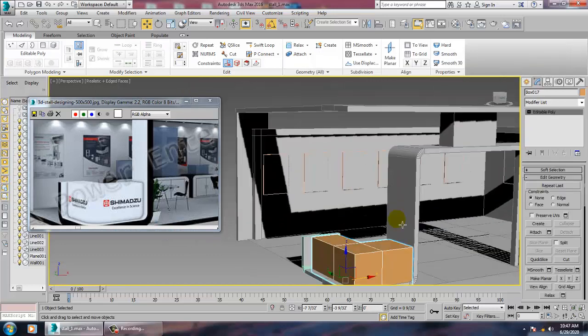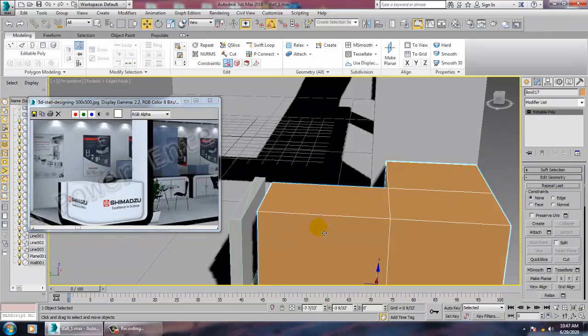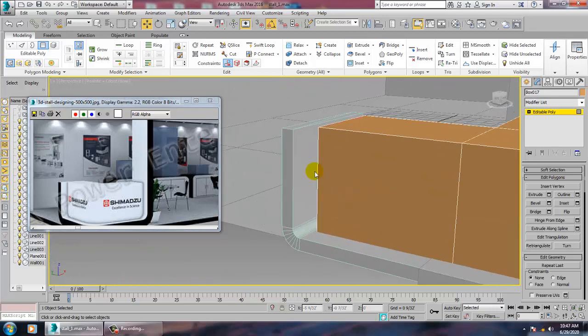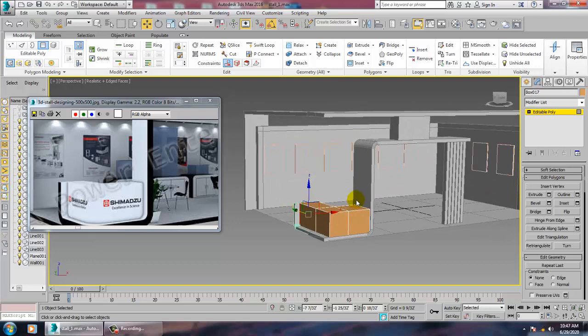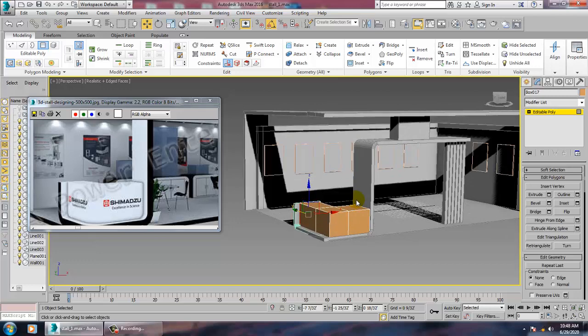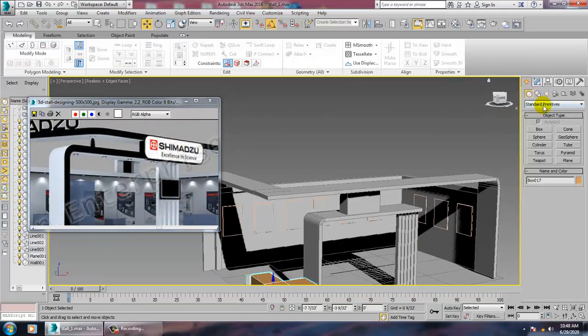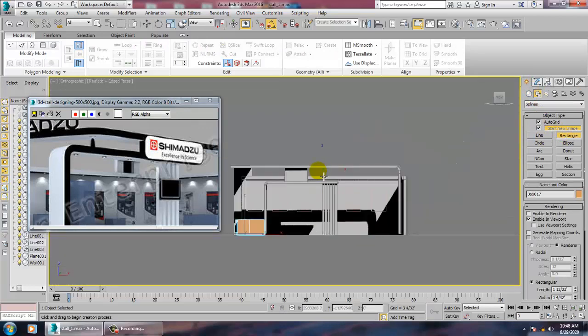Alright, so once you're done, or even you can just select this, just save your files over here. So now what we'll be doing is we need to create this also. For that, let's go into this line and take splines and let's take a rectangle over here.